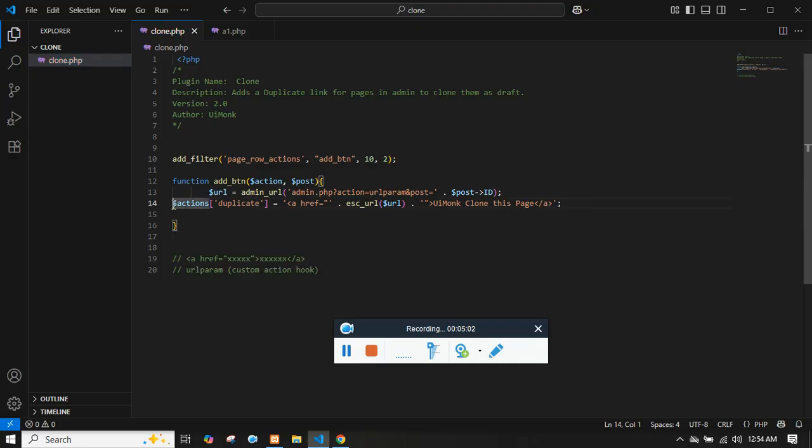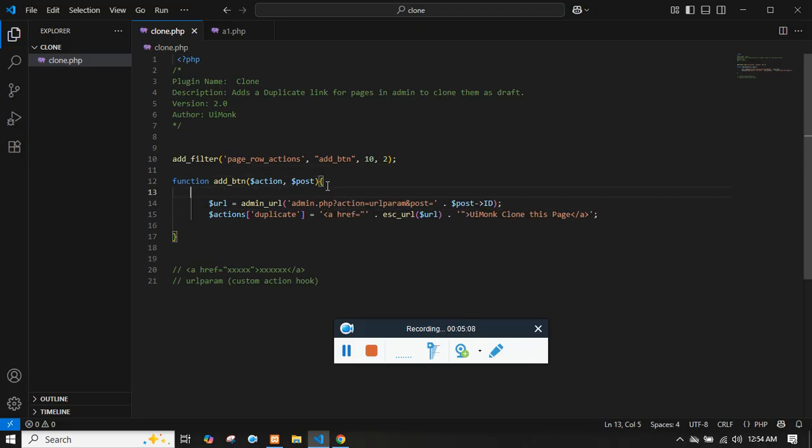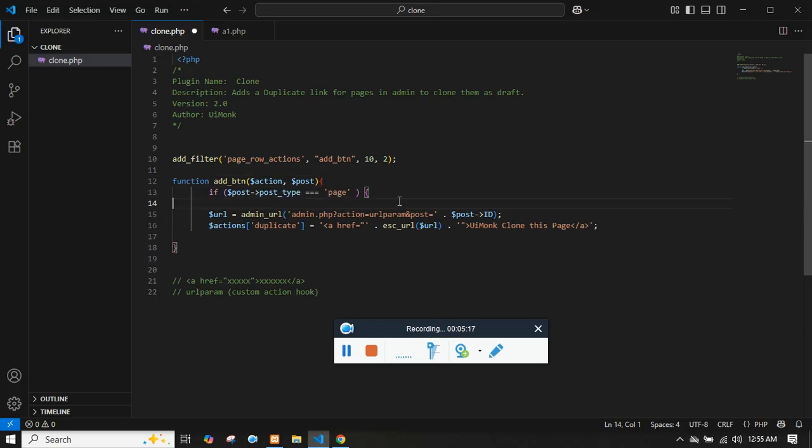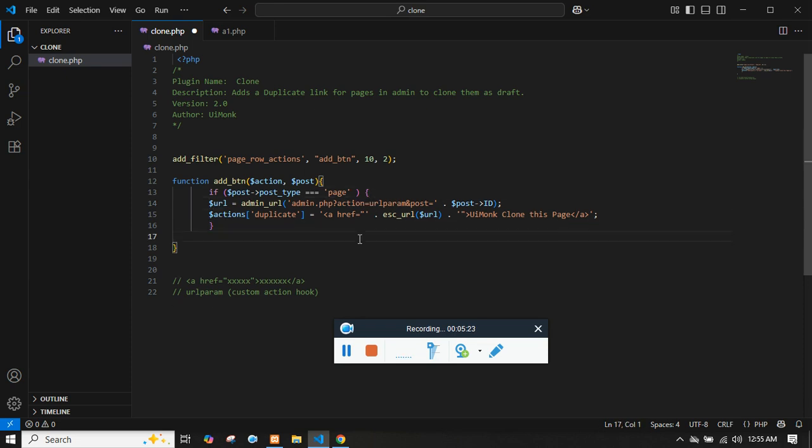Now we need to make sure this only happens on the page, not on the post. So for that we can have a condition. Since we have the post type option, if the post type is page, then only execute this function. Now